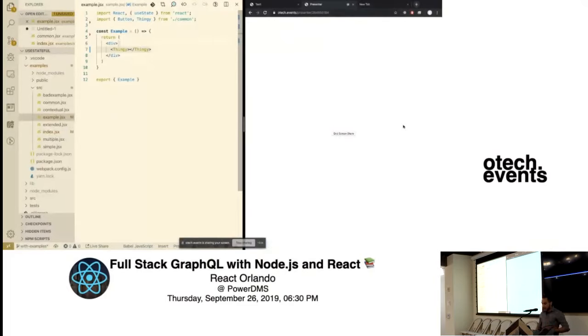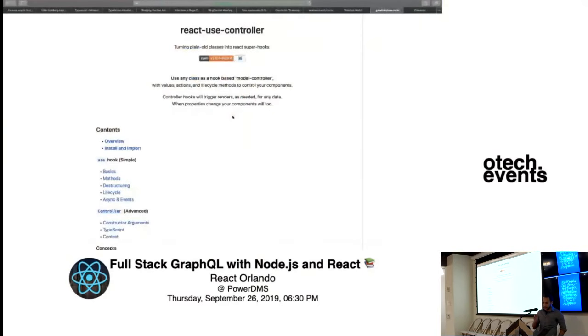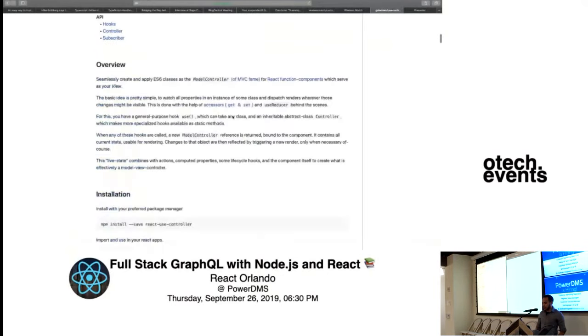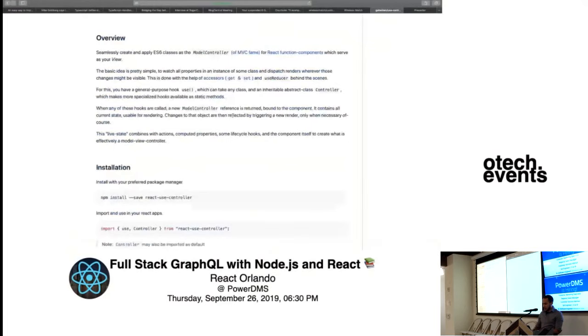So, guys, basically what I have here is React Use Controller. Its purpose is to give you an ability to take any class, set values in it, and then it's going to produce a special kind of hook, the same way any hook gives you state and set state. But instead, what it gives you is a single reference to a single instance of a controller. I'm going to show you how this works, and we're going to walk through the purpose of that together.